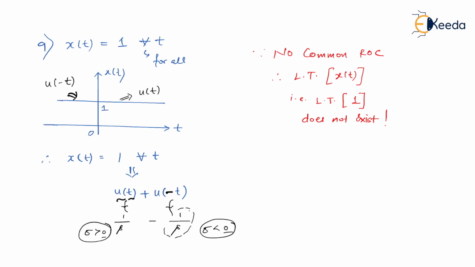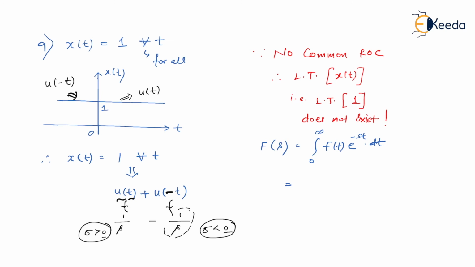Then what was in the mathematics that you have learned was Laplace transform of 1 you always use as 1 by s. Let me remind you, in the mathematics when you use a Laplace transform, you don't go for a bilateral Laplace transform, you go for a unilateral Laplace transform. What is meant by that? I'll tell you. The formula that you have learned in mathematics was like this, that is F of s equals integral from 0 to infinity F of t e to the power minus st dt.